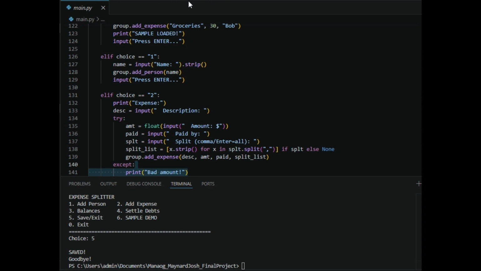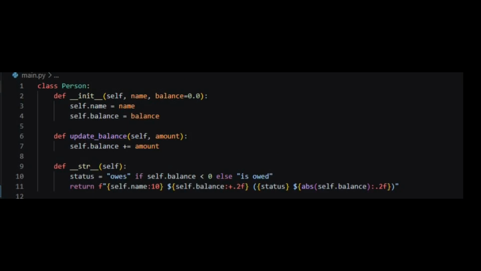The first class in the program is the Person class. This class represents every member inside the expense group. In object-oriented programming, a class serves as a blueprint for creating objects, and in this project, every user added into the system becomes a Person object.